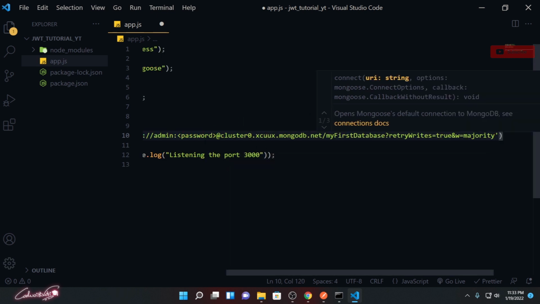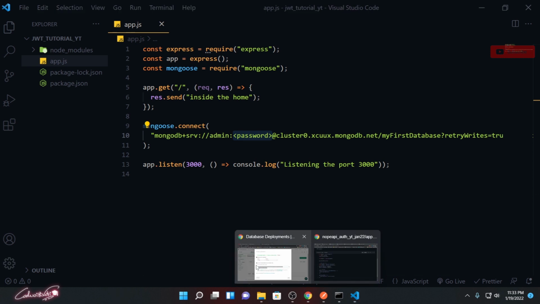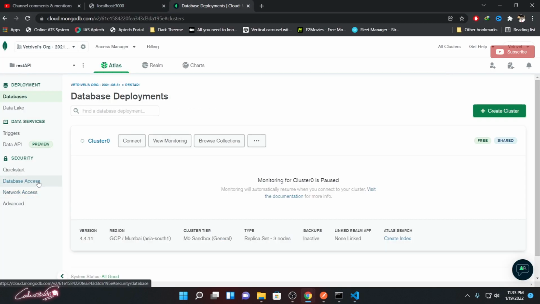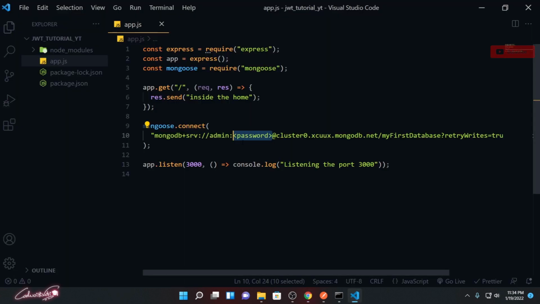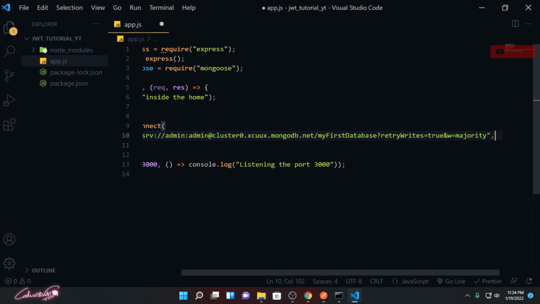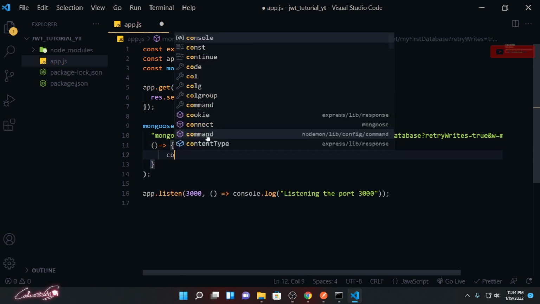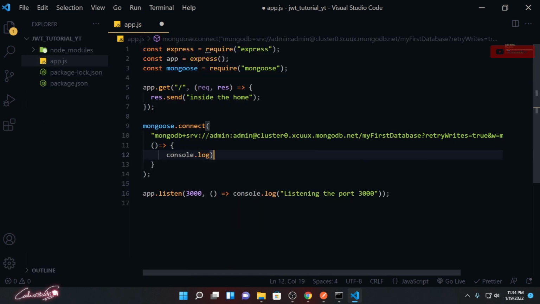Along with this connection string, you can see that it's expecting the password. That's the database user password which you created for your database access. So go ahead and use that same password that you created. I'm going to use the password over here. That's the password for the database I have created. After this successful connection, I'm going to call a callback function because I need to know whether it is connected or not, and I'm going to console log